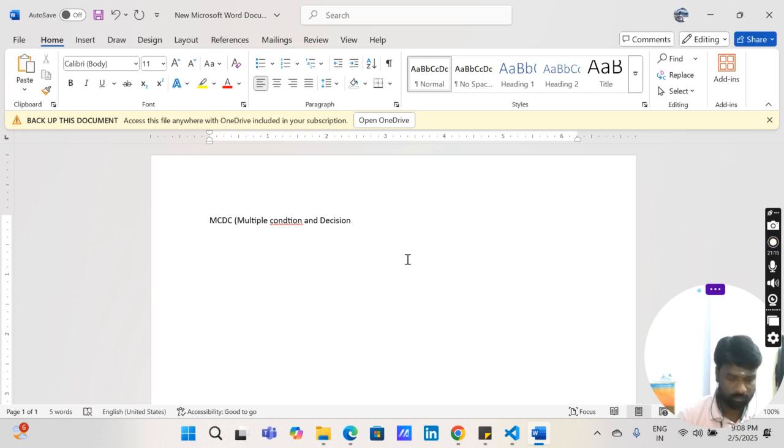Multiple condition and decision coverage. So consider a Boolean expression having n components. For example, we take it as n components. For the coverage, generally, when you take